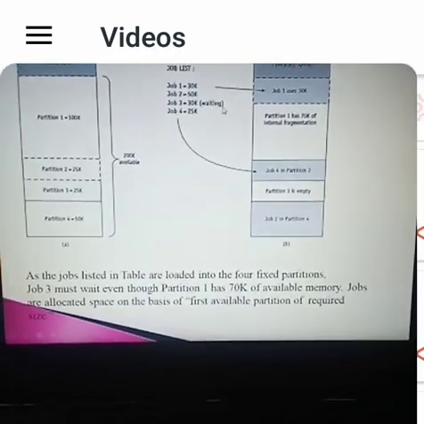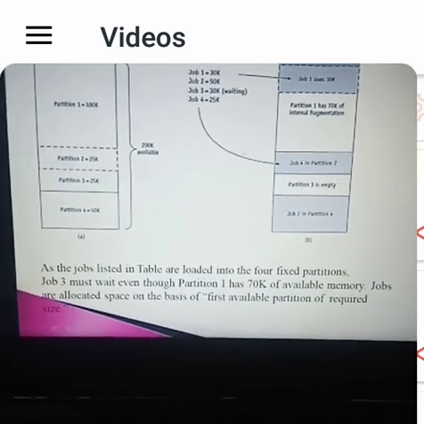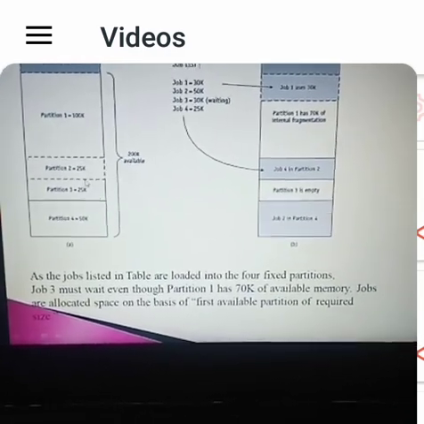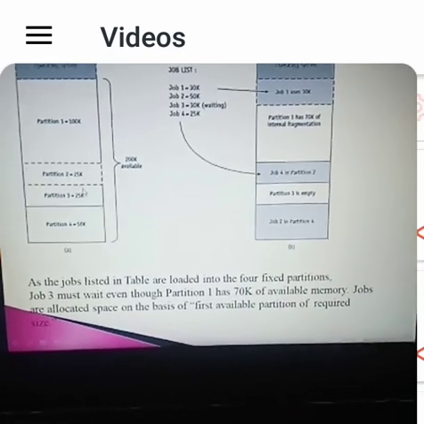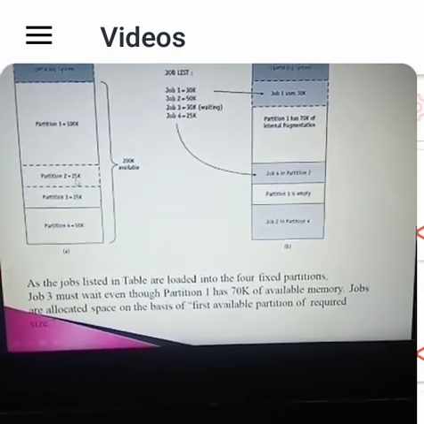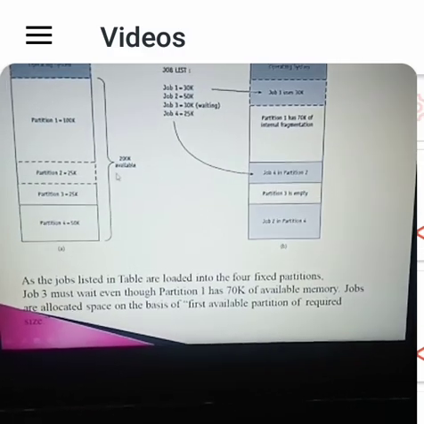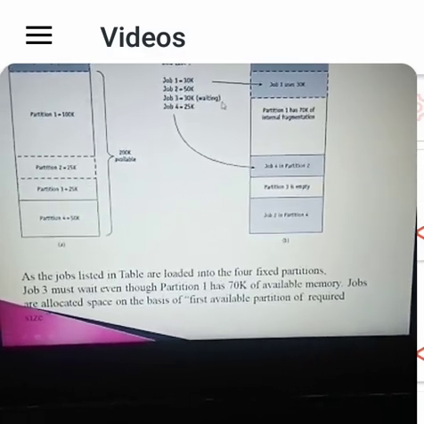Job 3 requires 30K, but there is no memory space of 30K, so job 3 is in a waiting state.